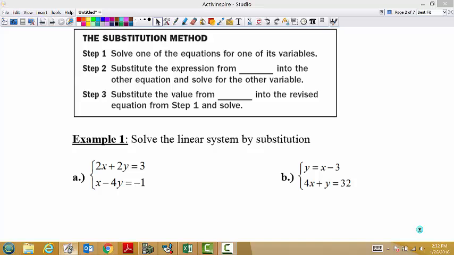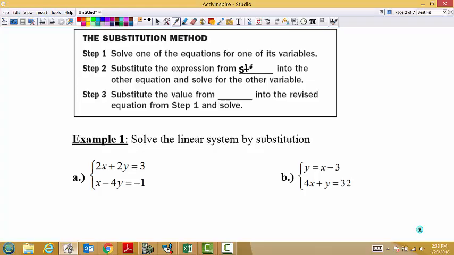Alright, this is the rest of Lesson 3.1, and we're going to look at solving our systems of equations with our other two methods. Number 1, the substitution method. Step 1 says solve one of the equations for one of its variables, and then substitute the equation from step 1